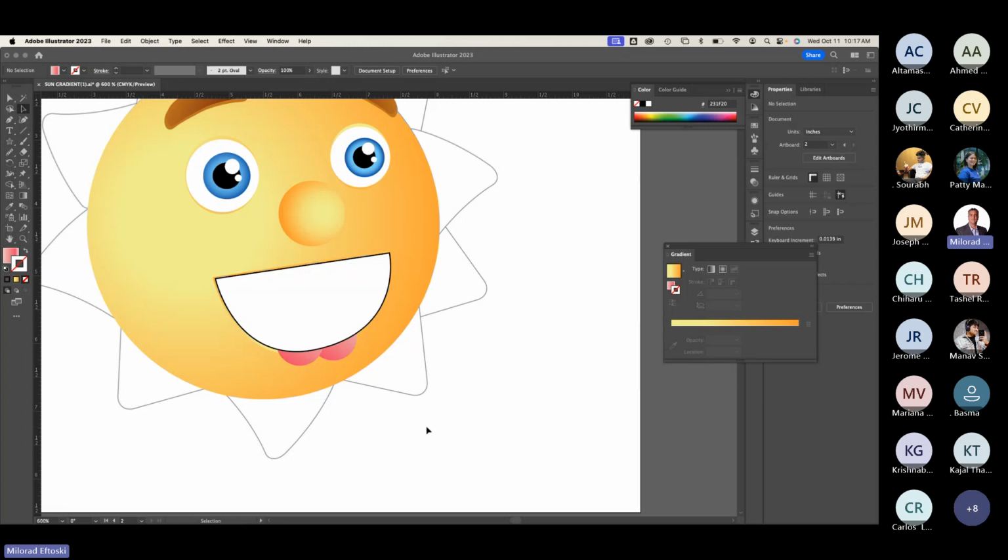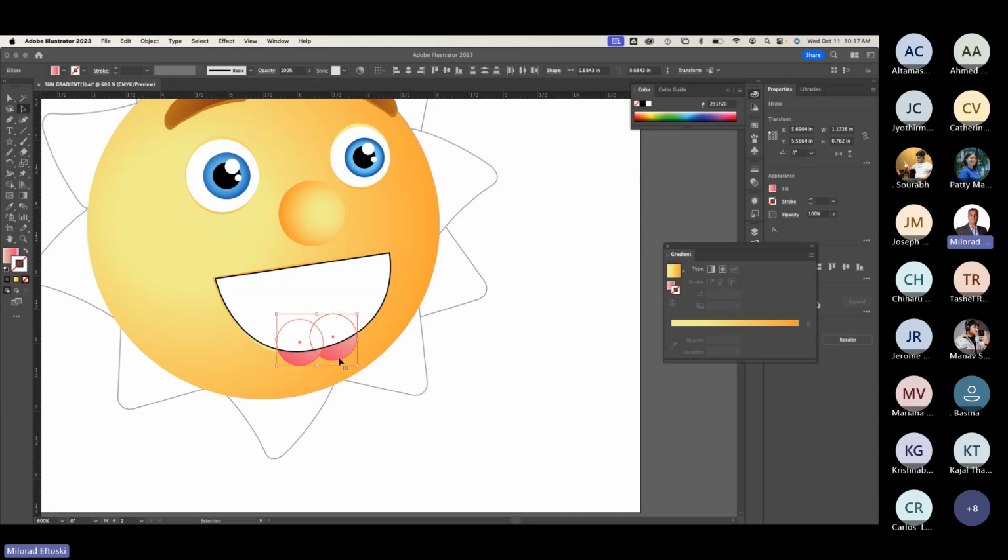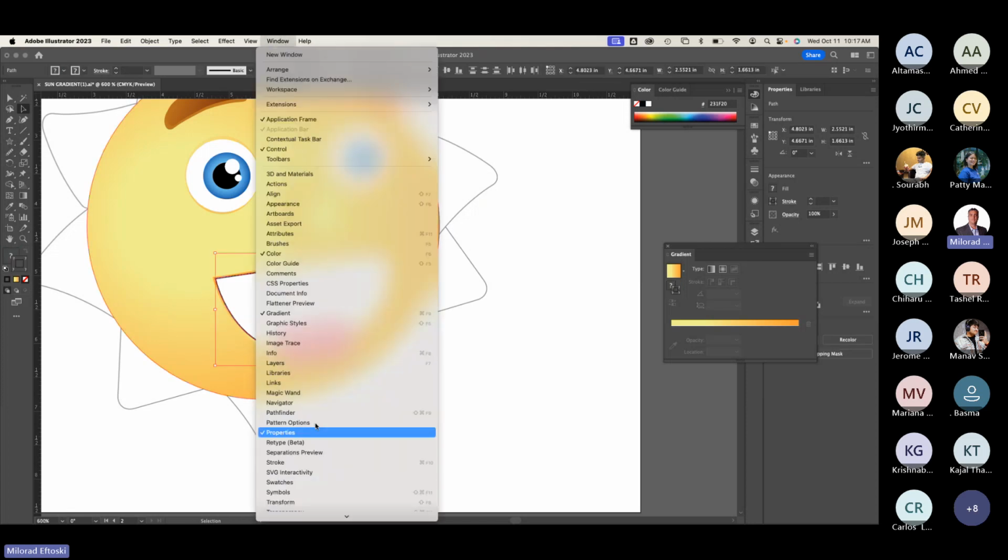If I'm using the Pathfinder method, then I would bring the two circles in the front, like that. If I'm using a clipping mask, I would put them in the back and clip them from the mask. But with the Pathfinder, my thought process is, okay, I'm going to divide them up and delete the rest. I'm going to do it the other way, bring these in the front, select all three, open up the Pathfinder palette,